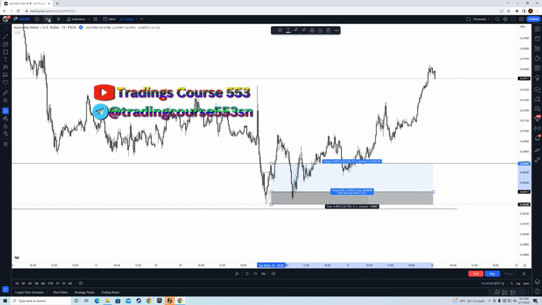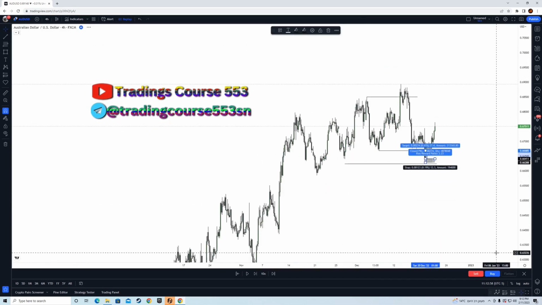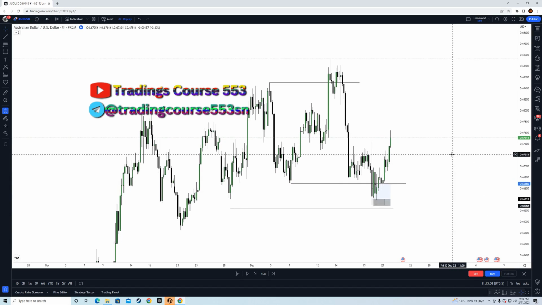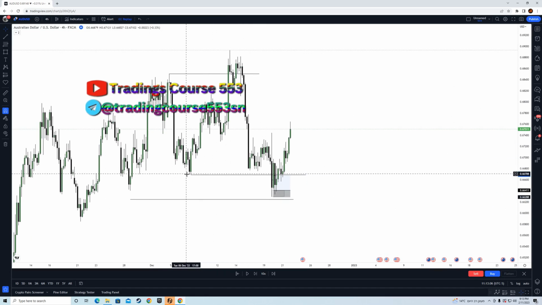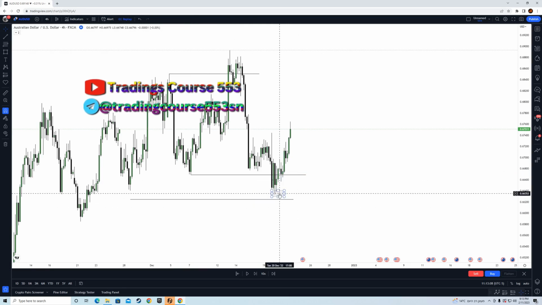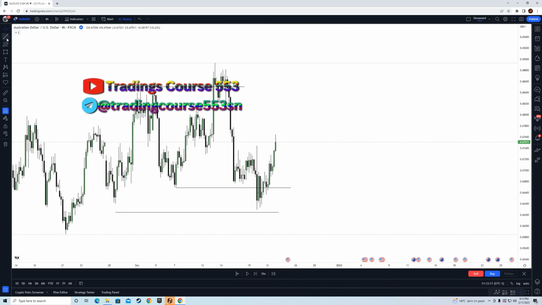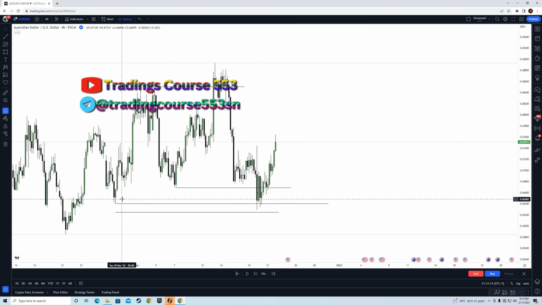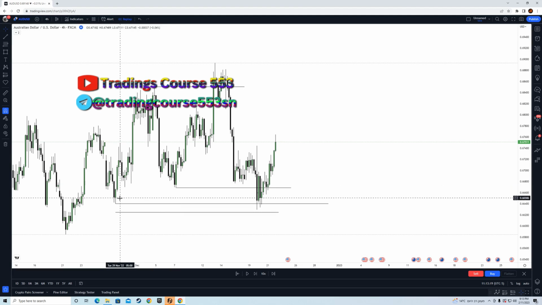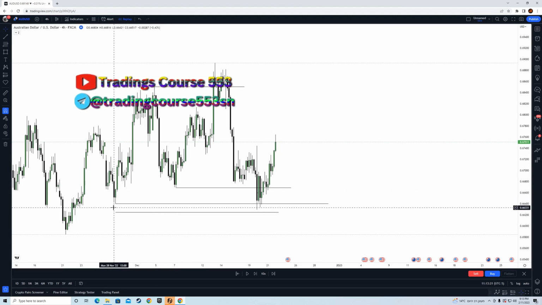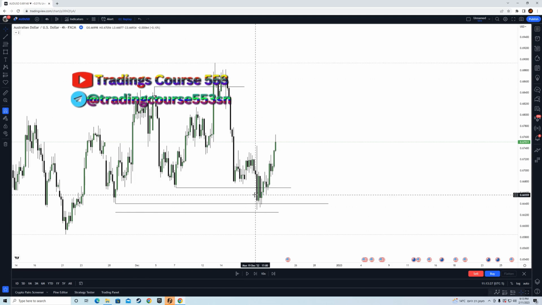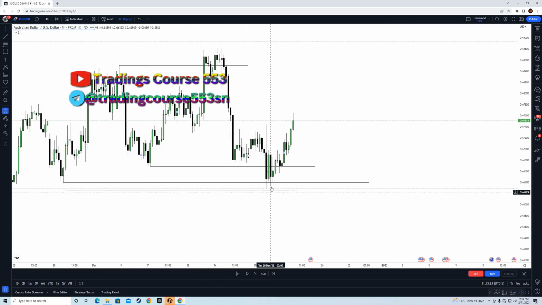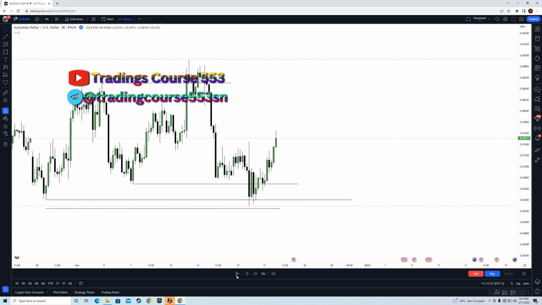So let me repeat this again, right? So you see we have A, B, C. Price takes out this low, right? Now if price takes out this low, right, and that is okay. We are only focusing on this low. However, if this low is taken out as well, then you don't have to worry because the ABCD pattern is complete now. Okay, so you then look for market structure shift as I showed, and